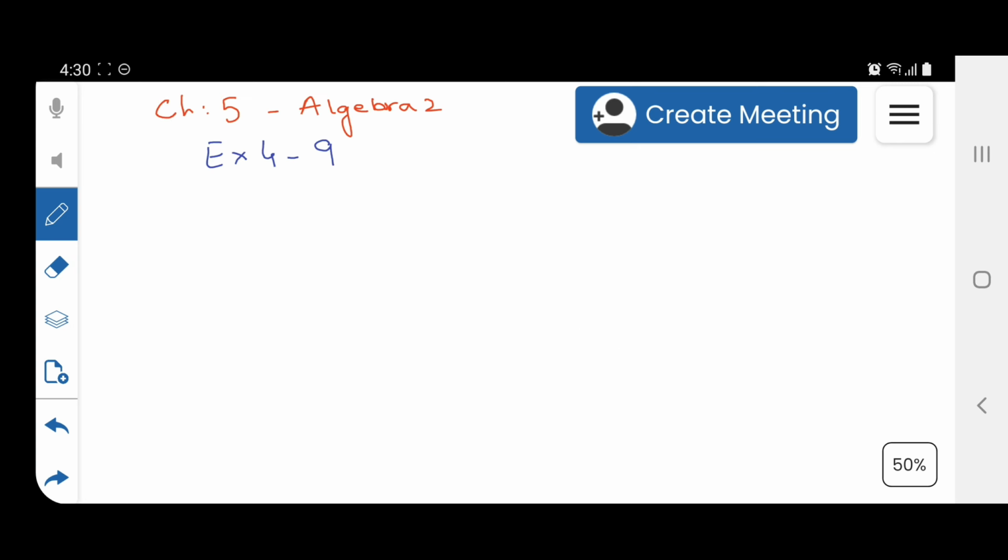So let's see what is the first question that I'm going to do over here. In this exercise, our task is to make x the subject of the following. Like x is the thing that we have to take on one side and send everything else to the other side. So let's make x our subject. We have a question, that is question number 11.